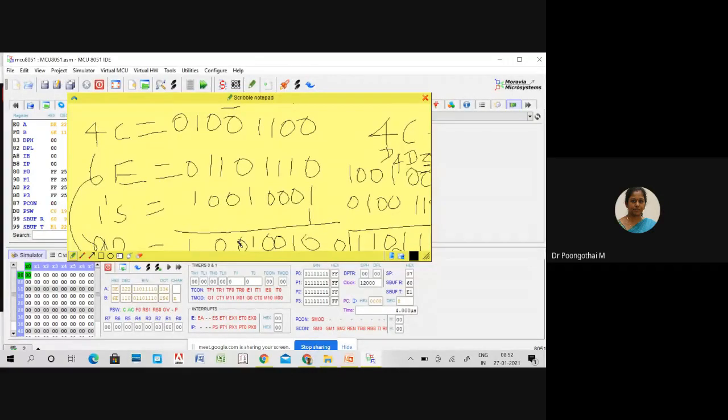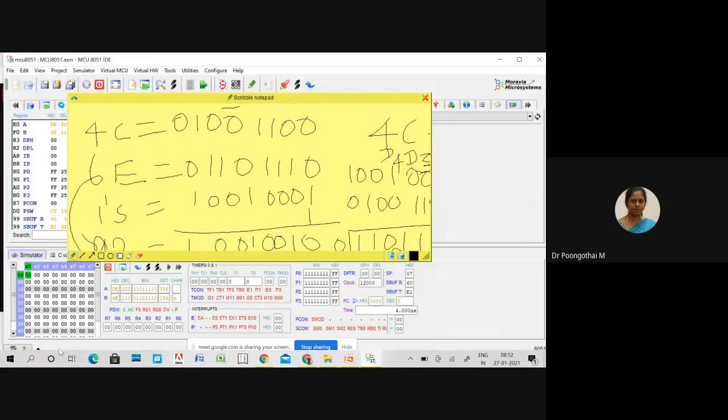Your carry flag indicates whether the result is in 2's complement form or in true form. If carry is 0, your result is in true form, so there is no need of a 2's complement operation here. Please look at the PSW. Whether it is unsigned or signed, look at the carry flag status. If carry is 1, it means the result is negative. Otherwise, the result is positive. If positive, you just leave the answer. Suppose your result is negative, that answer is not a true result.